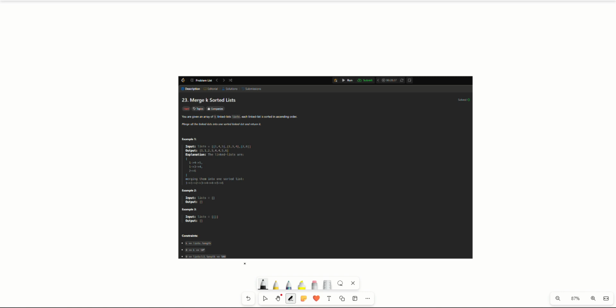In this, we are given an array of lists, which means in the array, every element is a list. And what we have to do is get all the elements of the above array into a sorted manner, which